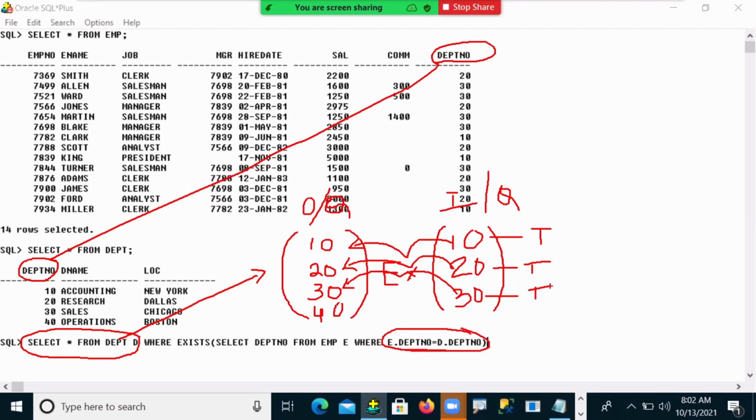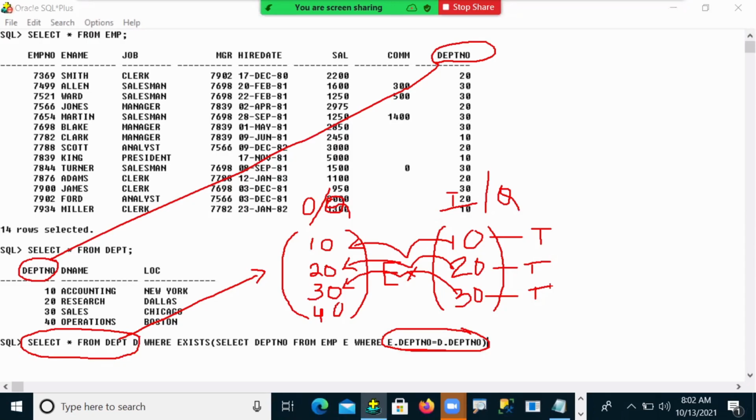So what values are returned by my inner query? Those values, I checked against my outer query result, whether each is there or not. 10 is there, 20 is there, 30 was also there.